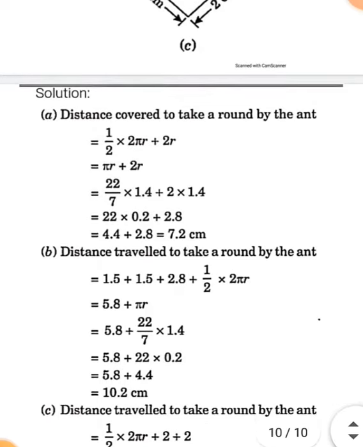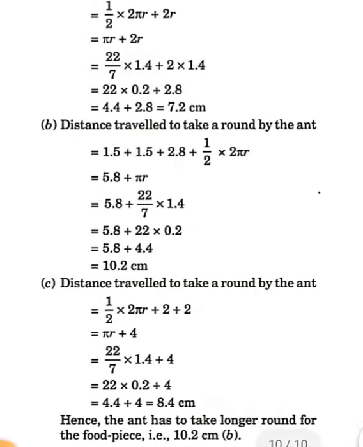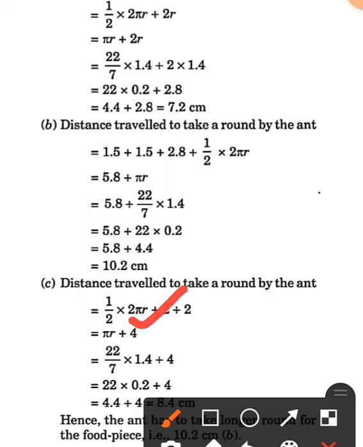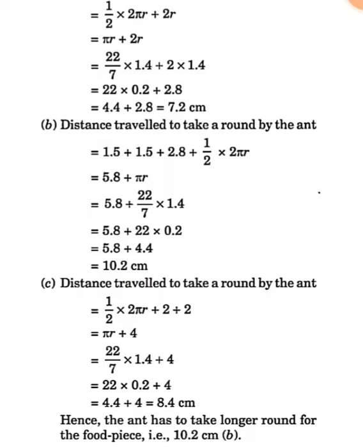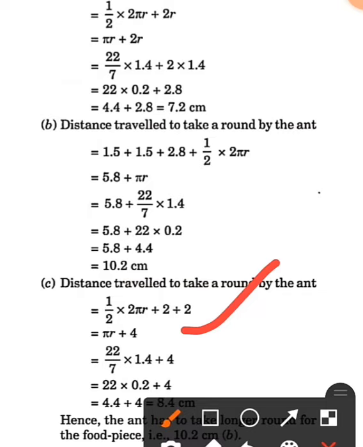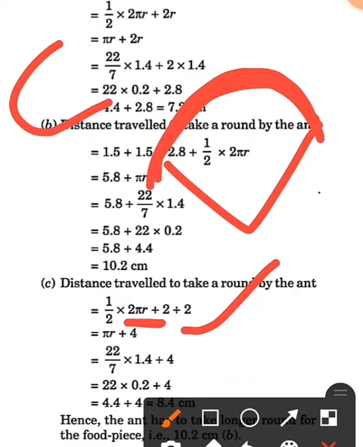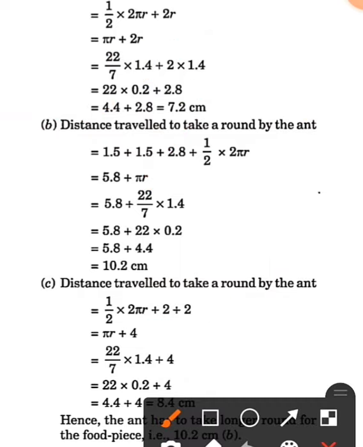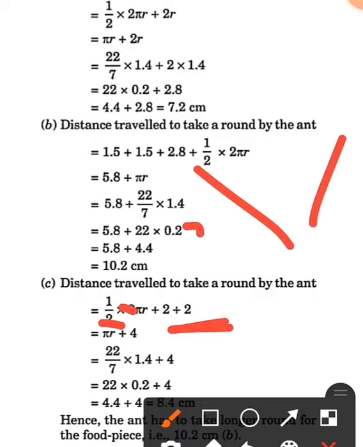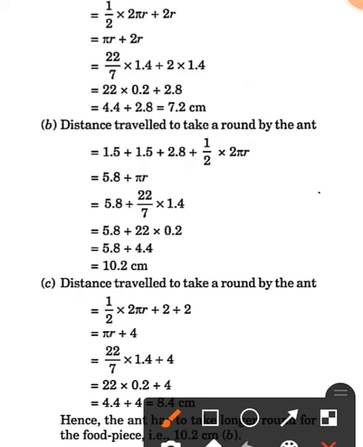Let us see the solution part of C1. So as I told you, half into 2 pi r plus 2 plus 2. I hope now it is clear why we are taking half into 2 pi r, because it is not a complete circle, here it is only a half part. Okay, and this is only the boundary of the circle, meaning we will take the circumference formula and also halve it because it is a semicircle, a half part. Now this 2 and 2 will cancel, only pi r is left, and this plus 2 and plus 2, these two parts we added from the figure. So pi r plus 4.